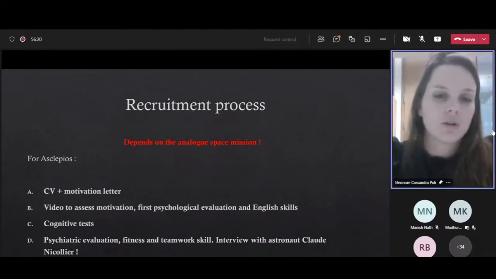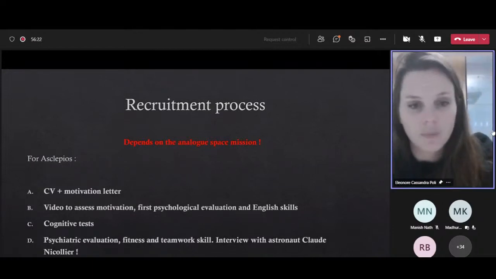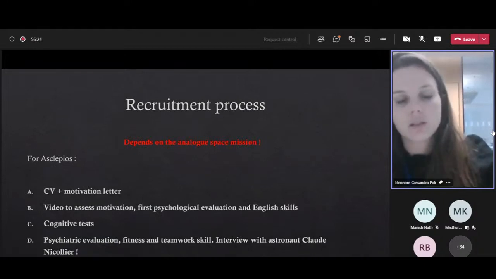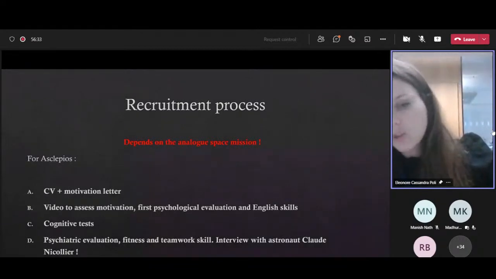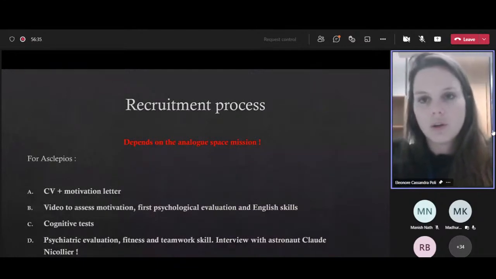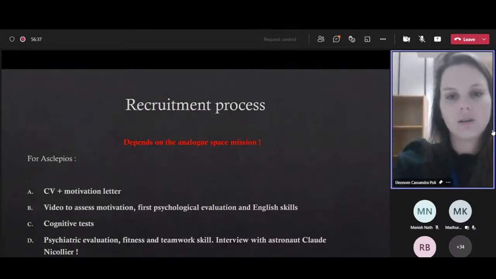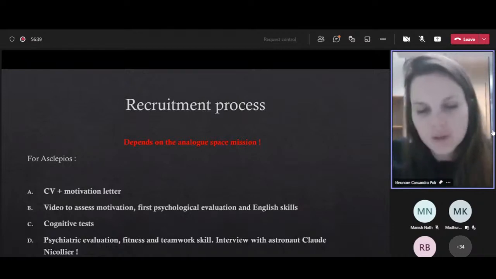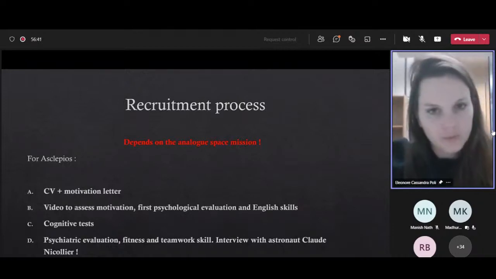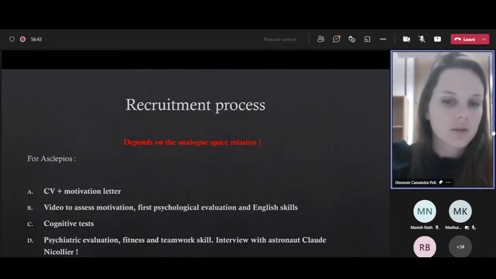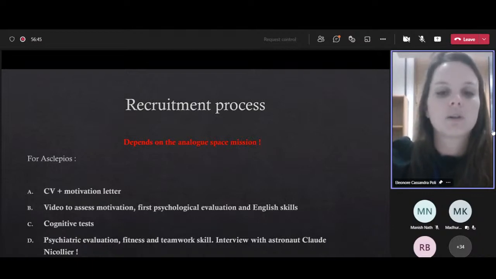And you would have a psychiatric evaluation if you were an astronaut anyway. So you have to go through this. Then we do a fitness test and a teamwork skill. The teamwork skill is basically we put you with other candidates, and we check how you interact. If you're a person who's only a leader, like you can't follow anyone, you have to lead in any case, it doesn't work. Okay, every astronaut at some point in the mission will have to lead,